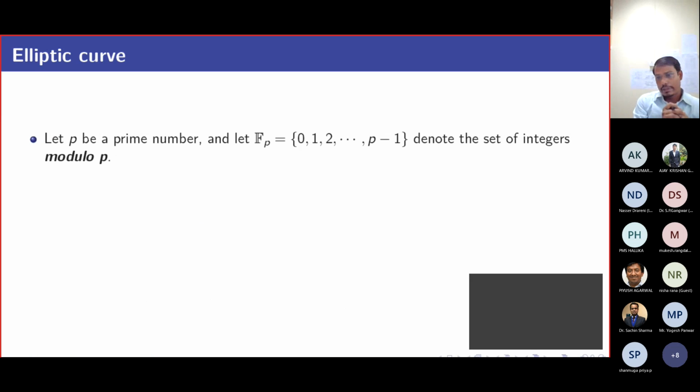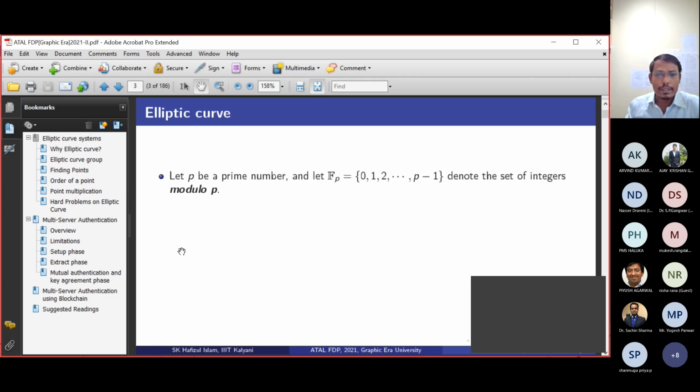From yesterday's discussion, you can easily understand one topic in mathematics that is called group theory. Here we take F_p as the set of integers modulo p. We can define this F_p, or simply denote it Z_p. If p is a prime number, you take an integer x, divide by p and take its remainder. So the elements of this set will be 0 to p minus 1.